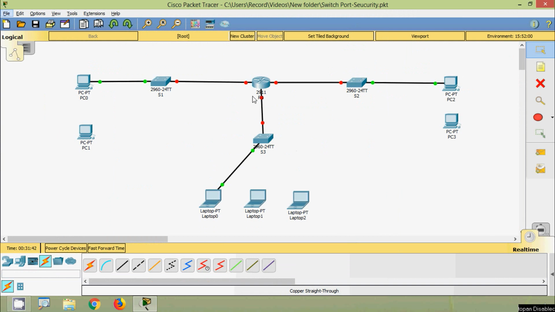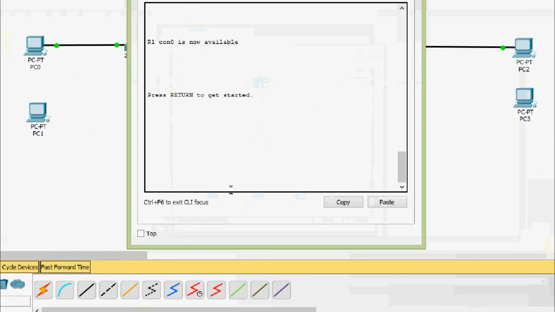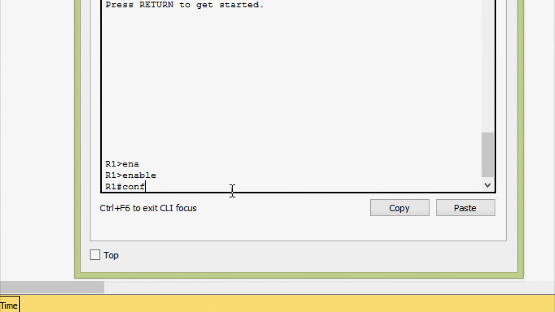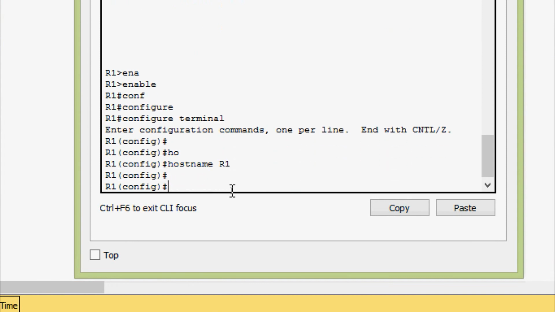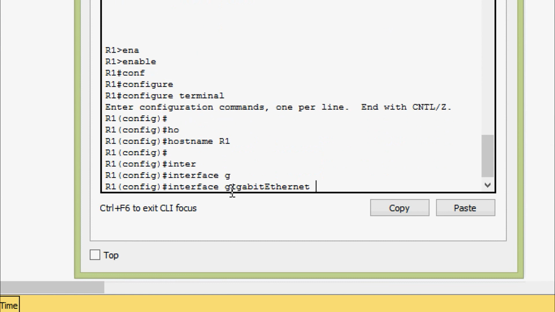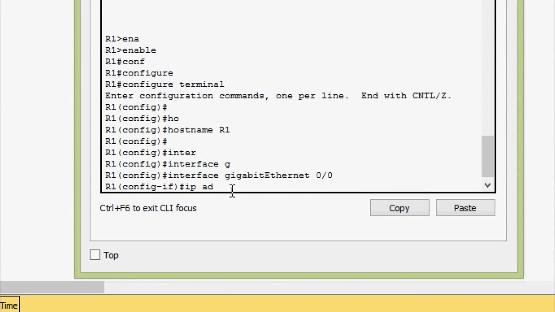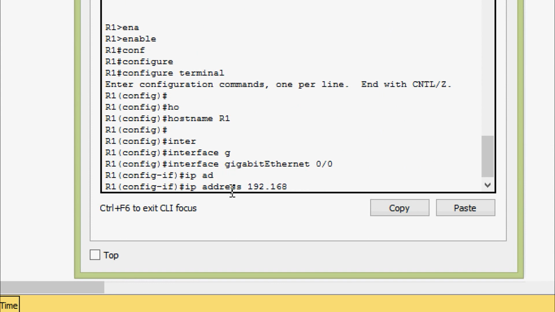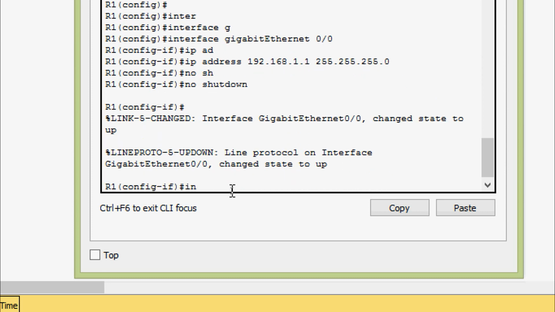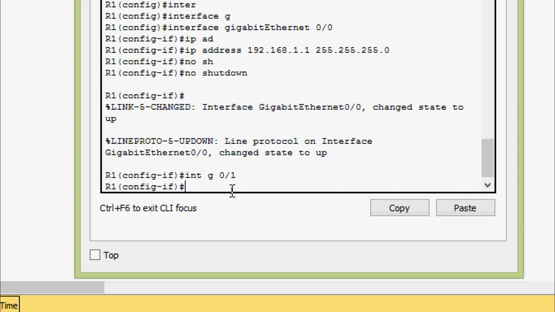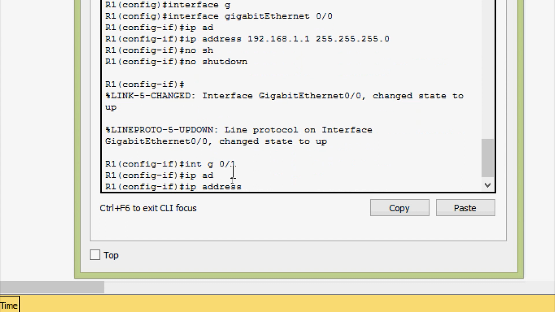Now we will configure this router R1. Enable, configure terminal. We will set the host name as R1. Now we will configure each interface. We will go to the interface G0/0 and we will set the IP address 192.168.1.1 and the subnet mask 255.255.255.0. No shutdown. Also we will go to the interface G0/1 and we will set the IP address